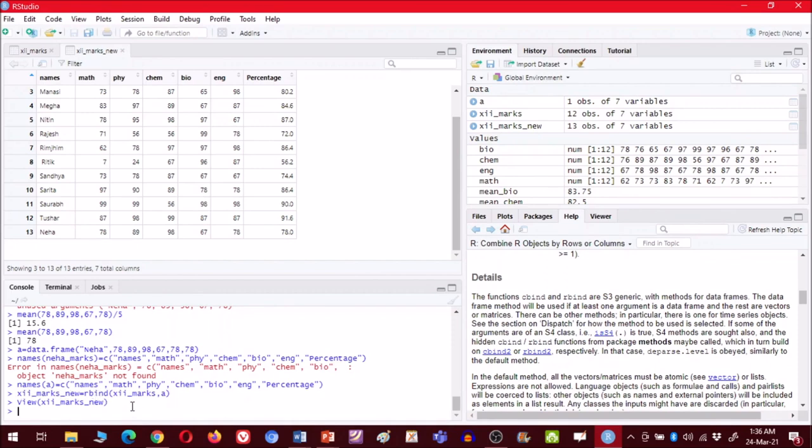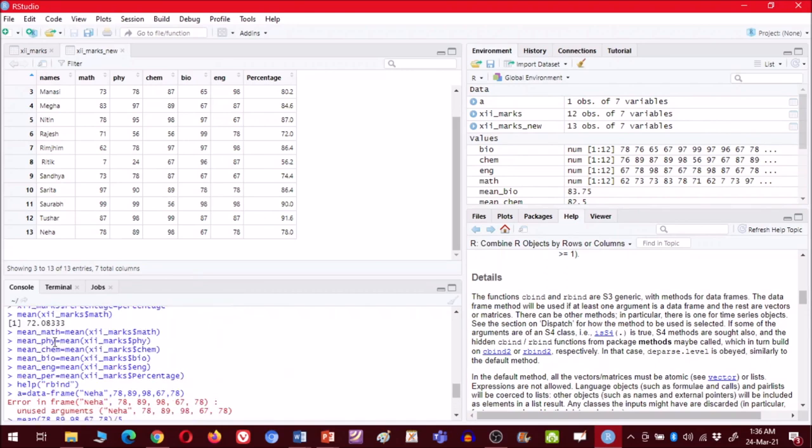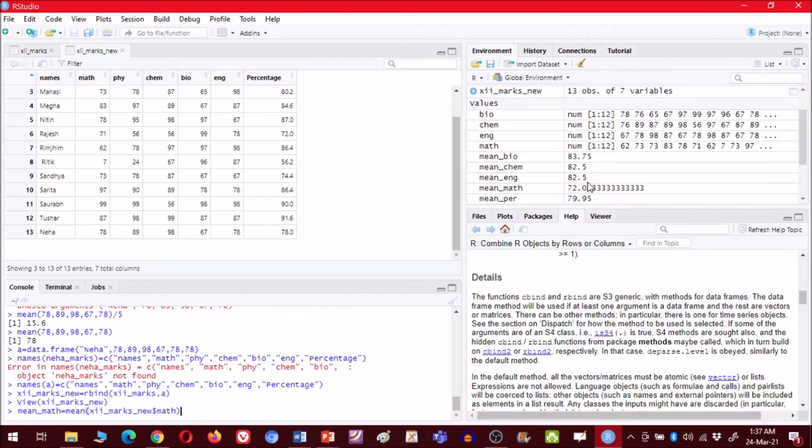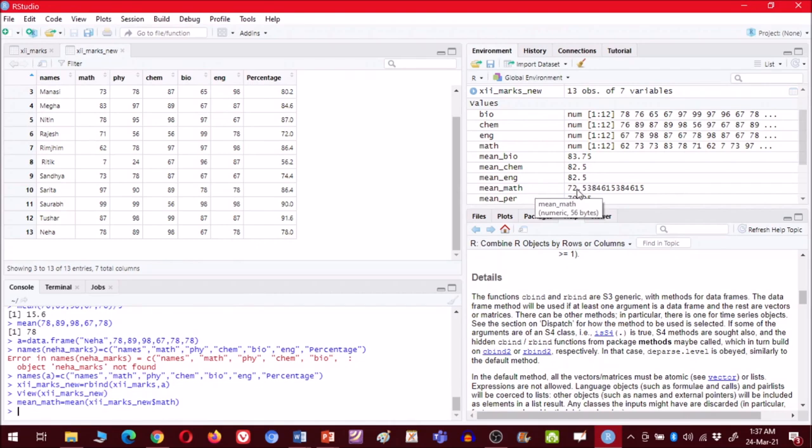Now we want to find the mean of all this. We will use the same formula, but because we have added new data, first we will run all these files again with the new marks. Now it will change this formula. As you can see, currently it is 70.08. Now when I enter the new variable, a new number will be saved against mean math. So now it is 70.23.